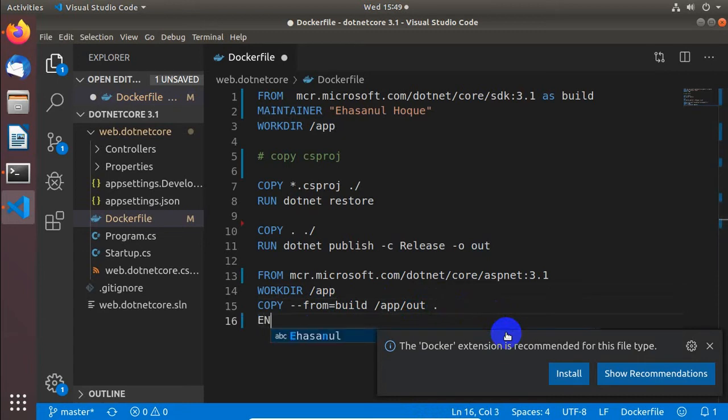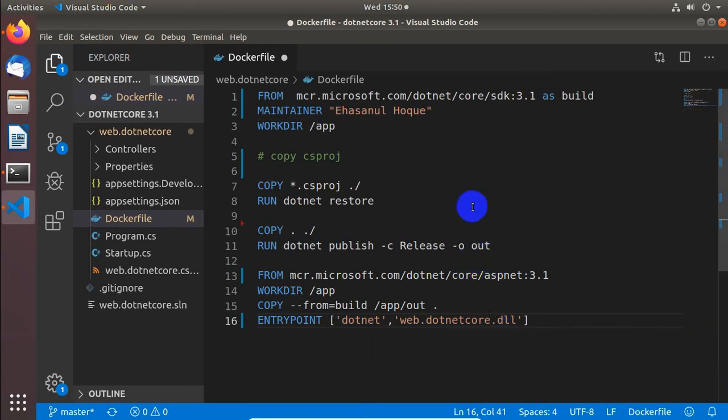Now I am declaring the entry point of my application. Entry point is dotnet, and the DLL name is web.NetCore.dll. So we are done creating a multi-stage Docker file.